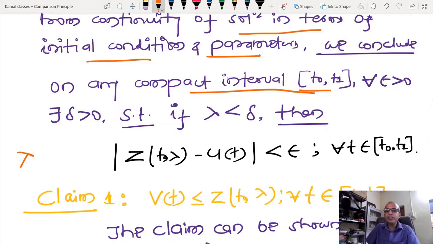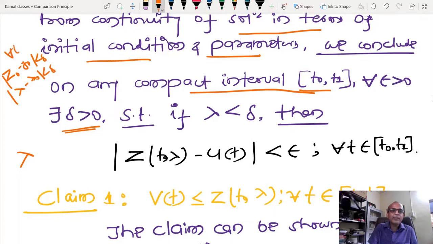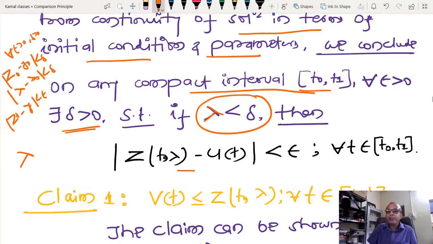then I can further say that if we have epsilon greater than 0, there exists a delta, and since the initial condition is exactly equal, whenever we talk about continuity in terms of initial condition and parameter, we are talking about z0 and y0 being less than delta, and lambda minus lambda 0 being less than delta. So for every epsilon greater than 0 there exists a delta such that zt minus yt is less than epsilon. The same kind of result I am going to use here, which is why I have selected lambda less than delta.